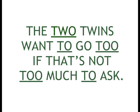The first one, TWO, we can also use the number 2, so we pick that one. The second 2, we can't say also or the number 2, so we use a regular TO. The third, the second on the second line, you can substitute the word also, so that's why we pick double O's. And the final one, TOO,